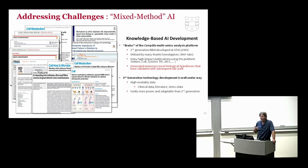Some of the folks in the room may have never worked with a knowledge-based AI system. So anybody who has worked with the CompBio platform that we built here, that is actually a knowledge-based artificial intelligence system. It actually stores memories of what it knows. It doesn't train, it simply ingests everything you give it. And it stores it in such a way that it can compute a contextual response to your question, and